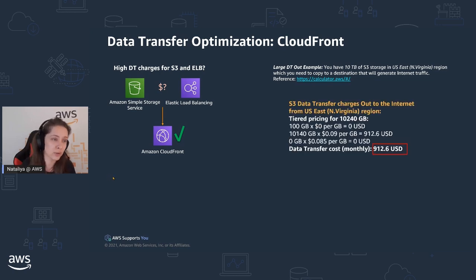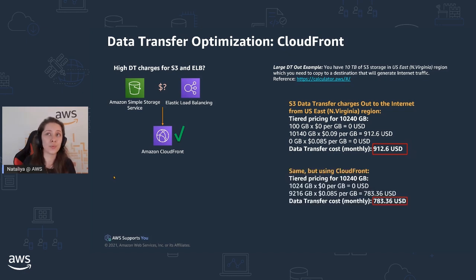So you can, again, use the AWS Pricing Calculator just to estimate those charges. But in this specific example, if you were to send the data from S3 directly to the internet, you'd pay about $900. And if you were doing the same thing but using CloudFront, you would pay less for data transfer. I'd like to note that you will potentially have some additional charges for CloudFront distributions,